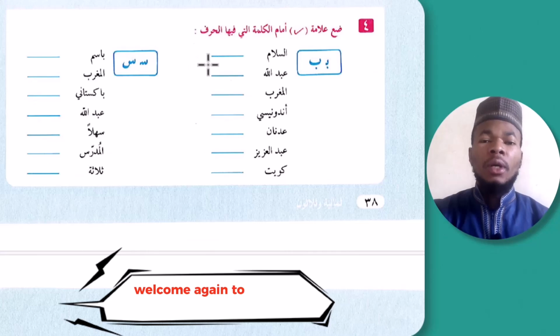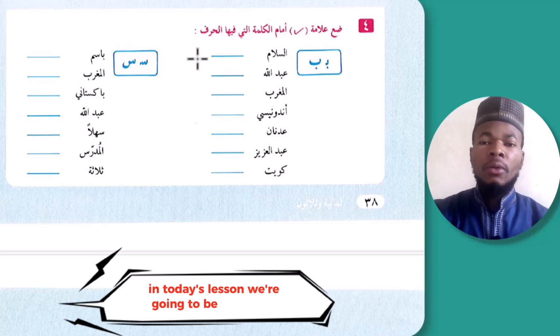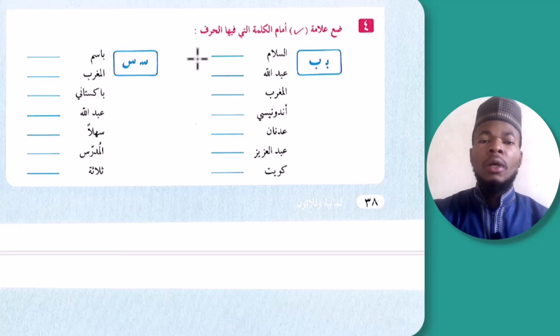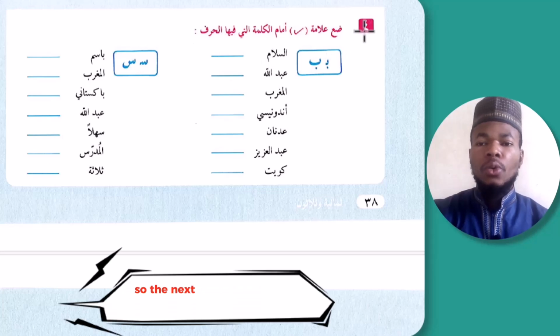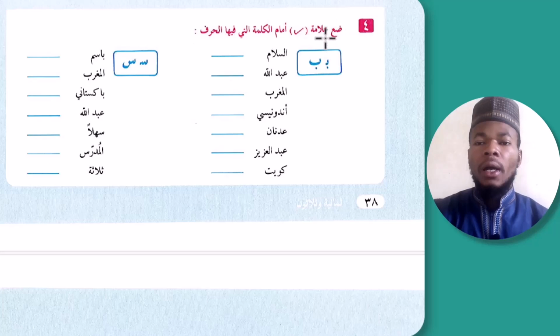Welcome again to another Arabic lesson on العربية للناشئين كتاب الأول Book 1. Inshallah, in today's lesson, we are going to be looking at the last exercises that are below our first lesson, which is Ta'arufun, Introduction. So the next one, here we have an instruction that says ضع علامة صحيح أمام الكلمة